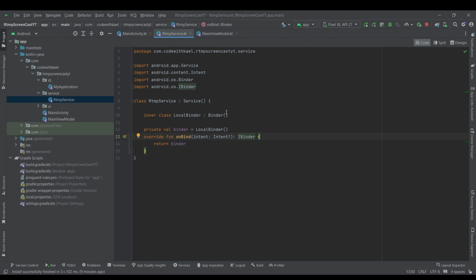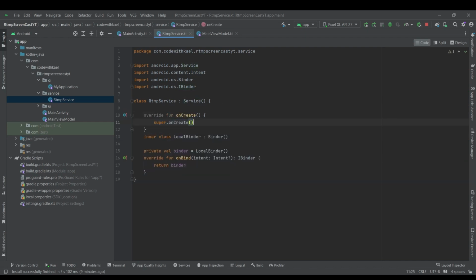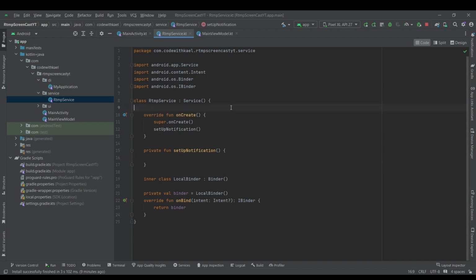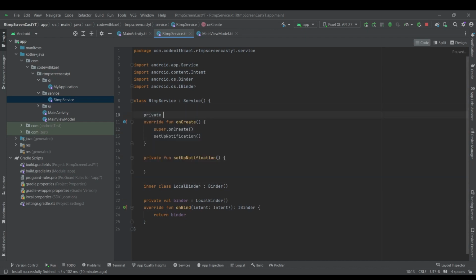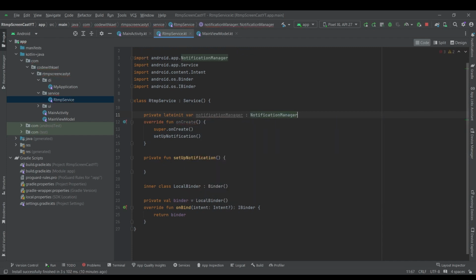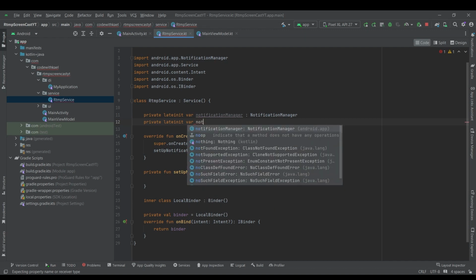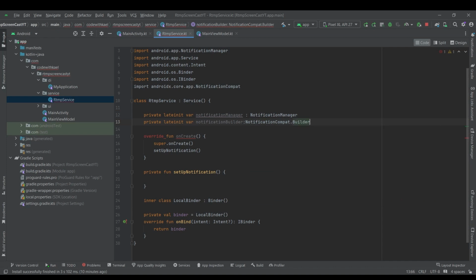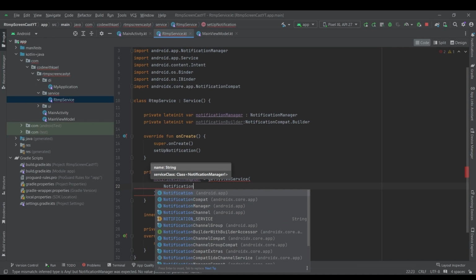Okay, so right now let's override the onCreate method, and inside here let's add a function setupNotification. Let's create this function. First, we are going to need a notification manager: lateinit var notificationManager of type NotificationManager, and then notificationBuilder of type NotificationCompat.Builder. So inside here, I'll instantiate my notificationManager is equal to getSystemService, and the name of it is going to be NotificationManager